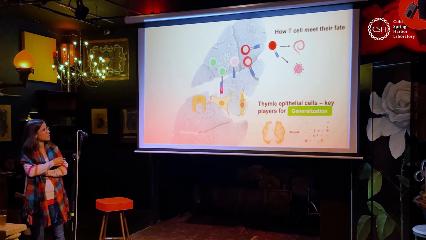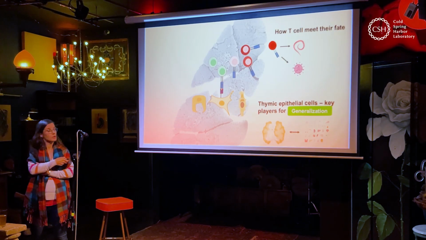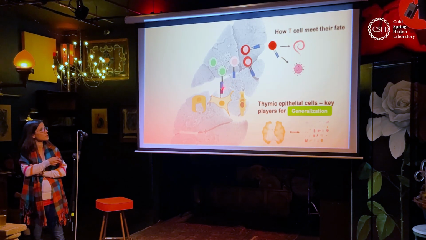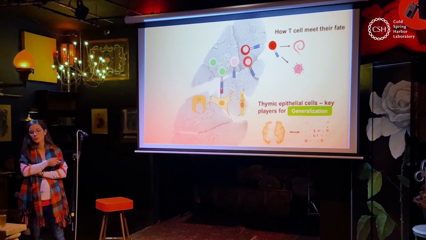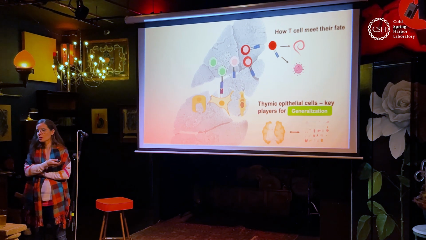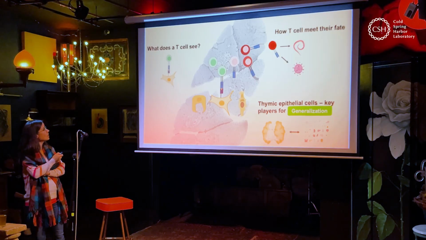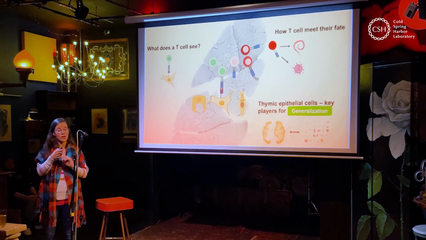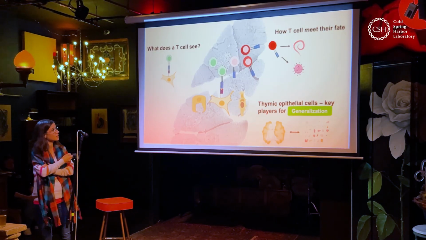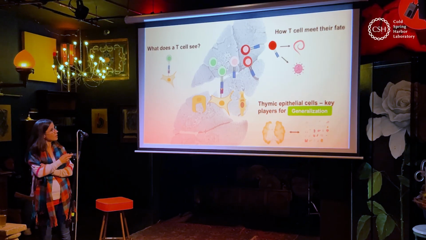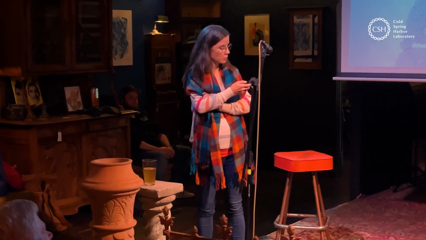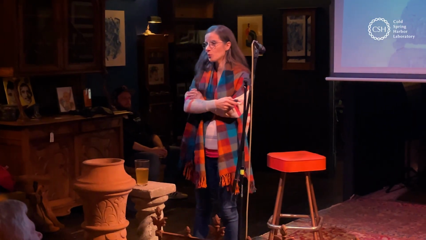And then the third branch in the lab is really interested in this tiny interaction here, because this is what everything hinges on. These two receptors interacting with a small snippet of protein that's coming from the cell are driving most of these decision-making processes. So what is it that a T cell actually sees, how can we characterize this interaction, and how does it help our immune system? And I thought I'd just show you a few of the techniques that we're using, and then I'll just open up the floor for questions.